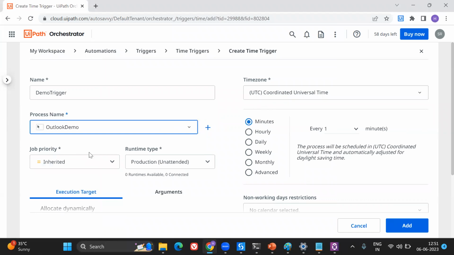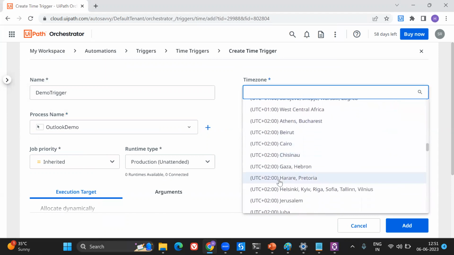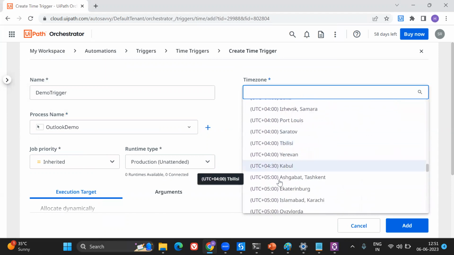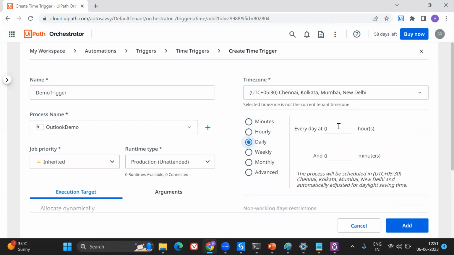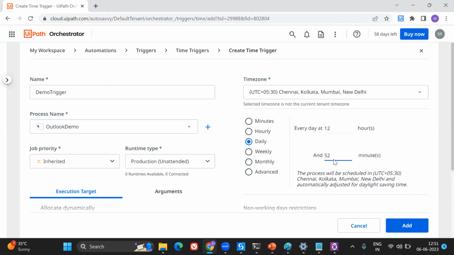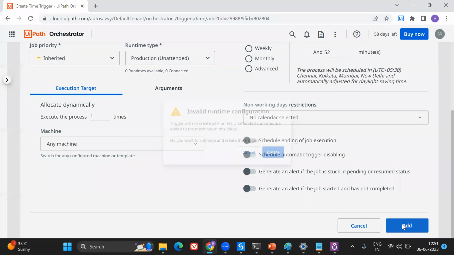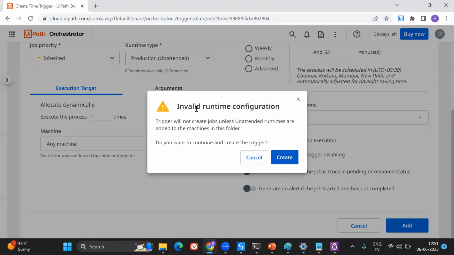I'm selecting that from the process name, and I'm in the UTC plus 5:30 time zone. Let's say I want to trigger it every day at 12:52. I just added this trigger, and it says invalid runtimes